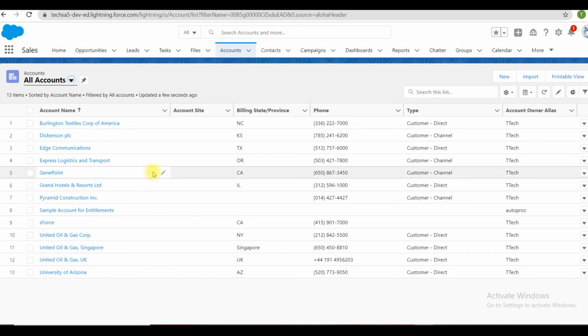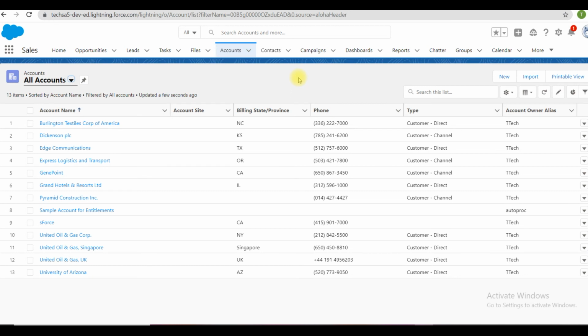We can edit any records. Everything is fine. Whenever you start with actual development or actual data manipulation, you can delete all these records and enter your required records. For that I will show you how we can enter new records, and how we can enter a bulk set of account information.